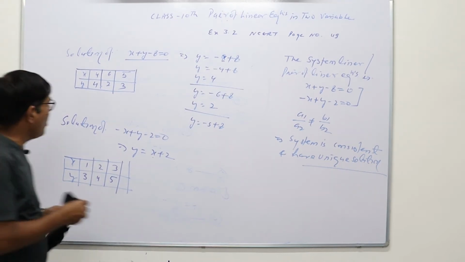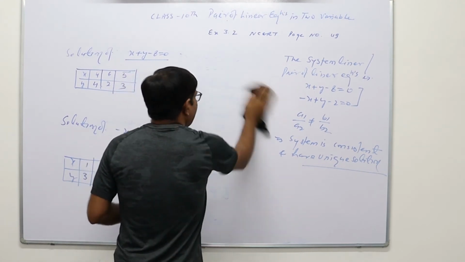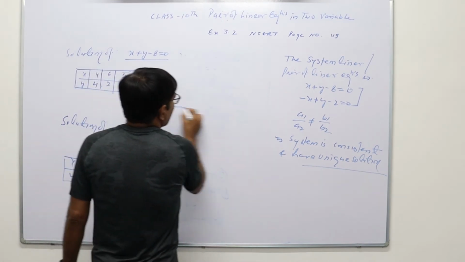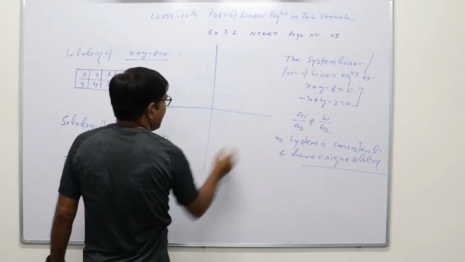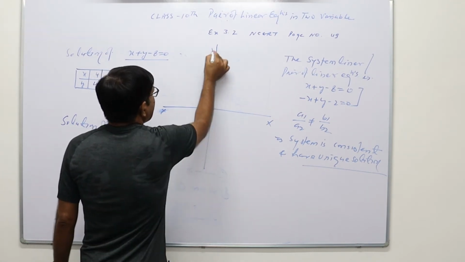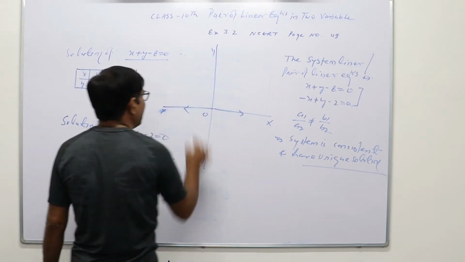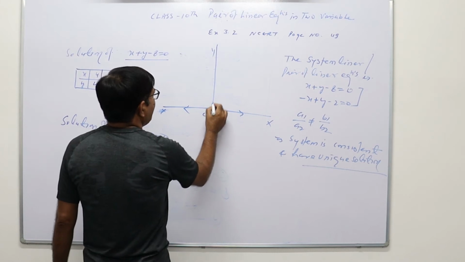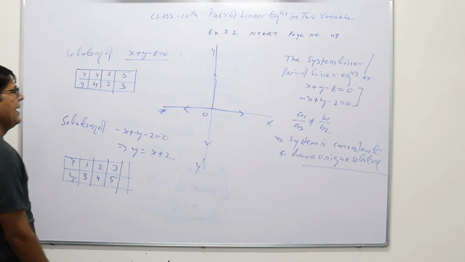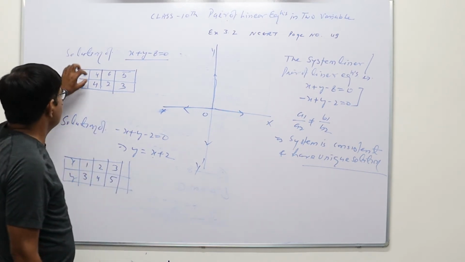Now we have to plot the graph for these two solutions. So one by one, what will we do? Let us suppose this is your graph paper. So at the center this is X'OX, and this is Y'OY. The positive values of x are on the right hand side, the negative values of x on the left hand side, the positive values of y in the upward direction and the negative values of y in the negative direction on OY'.